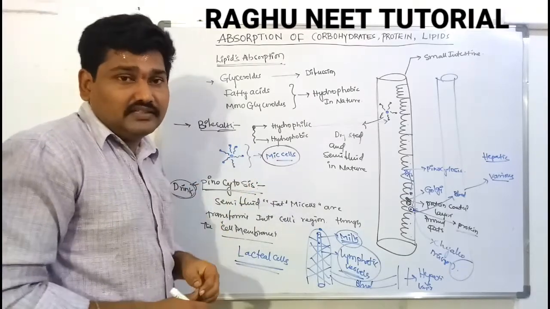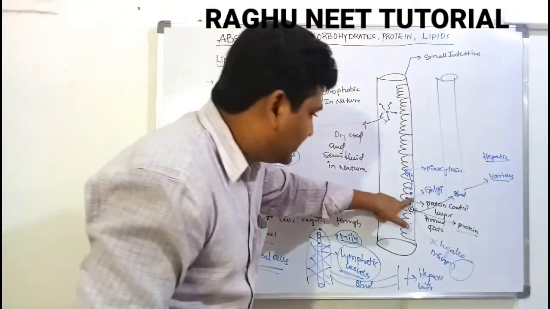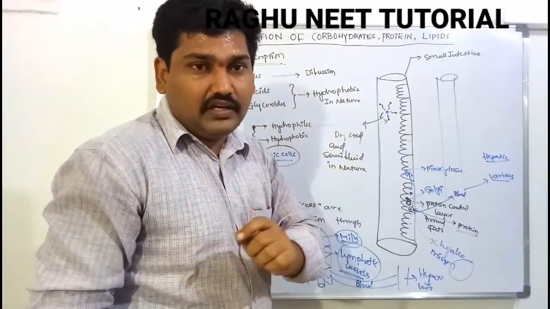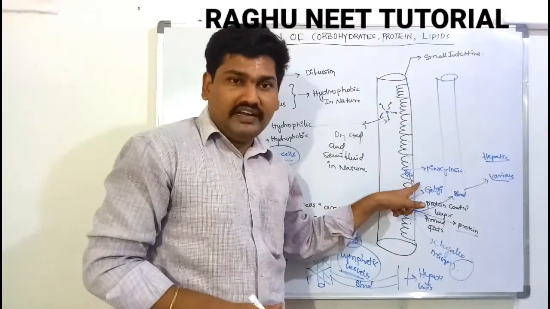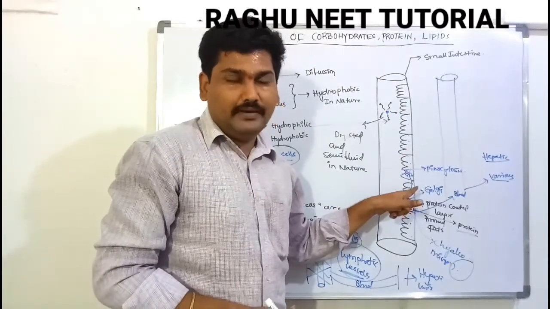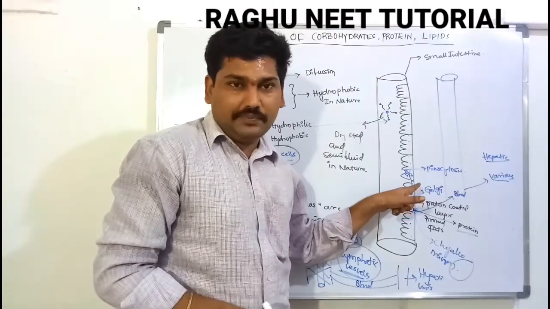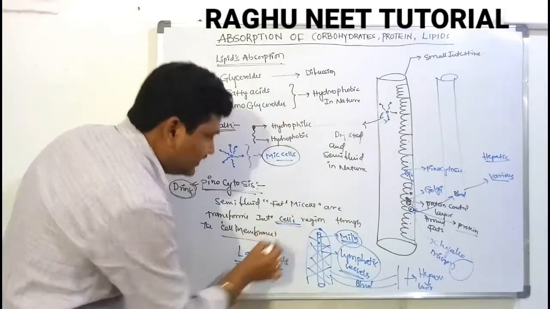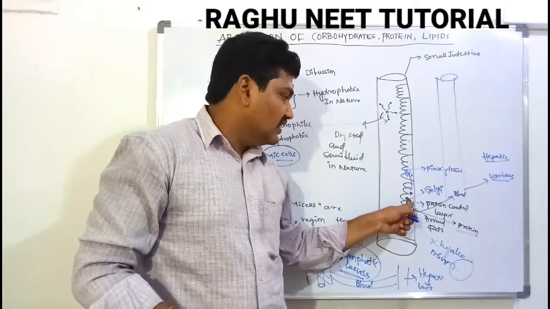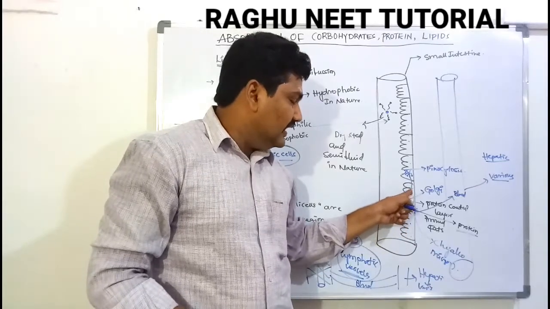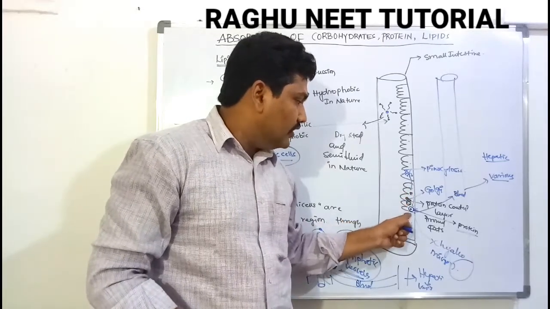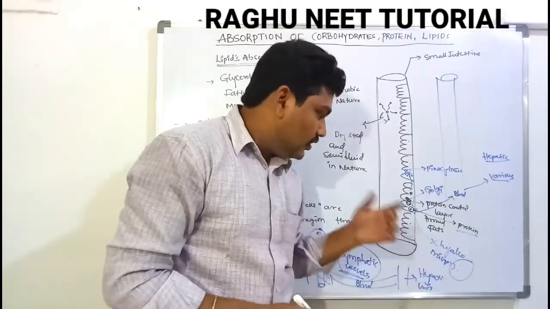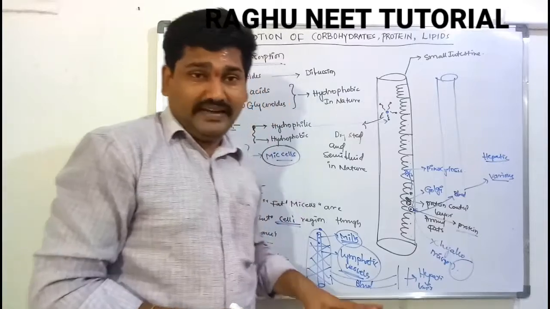When it enters the microvilli region, there is a depression. The fat along with bile salts enters the microvilli region. After the bile salts are completely removed, only the fat is present. When it enters the cell, the cell region has a Golgi complex. The Golgi bodies completely coat the fat with protein molecules. This process is called chylomicron formation.